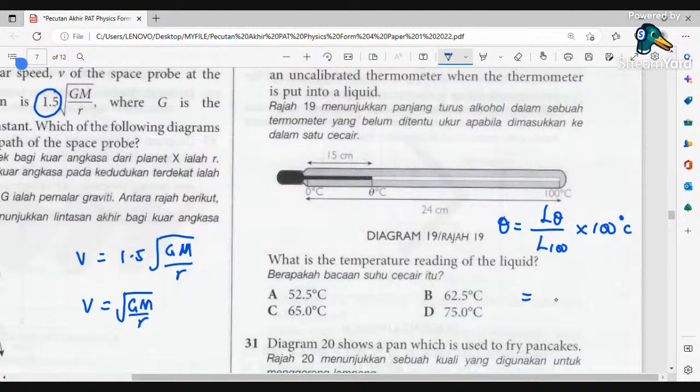Okay, L theta ialah dari 0. Kita kira dari 0. So this is L theta and this is L100. So you will get 15 over 24 times 100 degrees Celsius. Okay, 15 over 24. Number 30, answer ialah